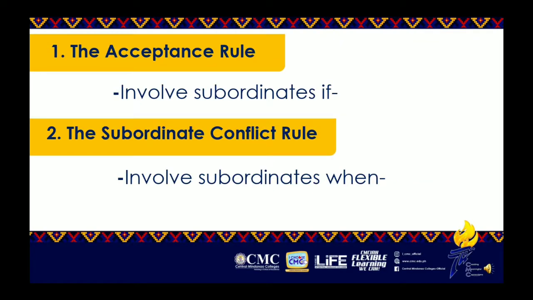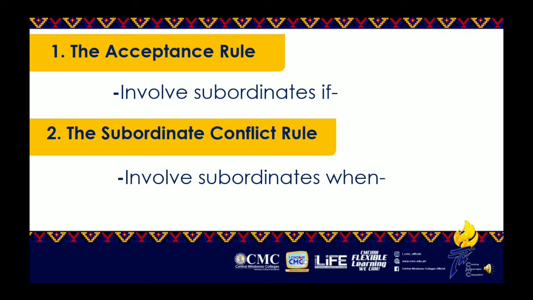The acceptance rule involves subordinates if their acceptance of the decision is critical for effective implementation and you are unsure if they will accept an autocratic decision. Next, the subordinate conflict rule involves subordinates when there is a conflict among subordinates, acceptance of the decision is critical, and an autocratic decision is unlikely to be